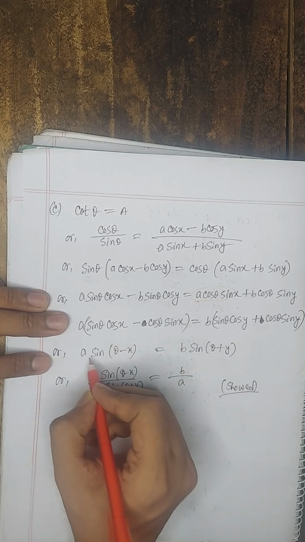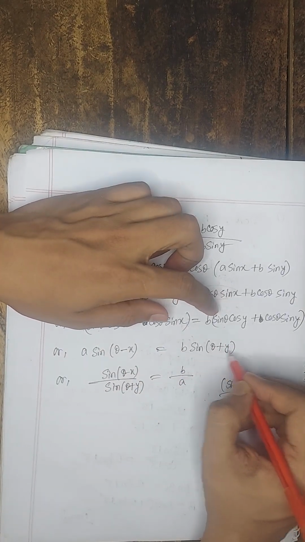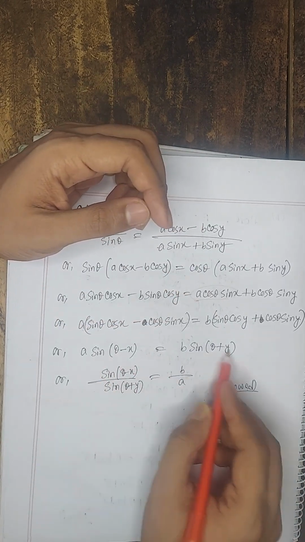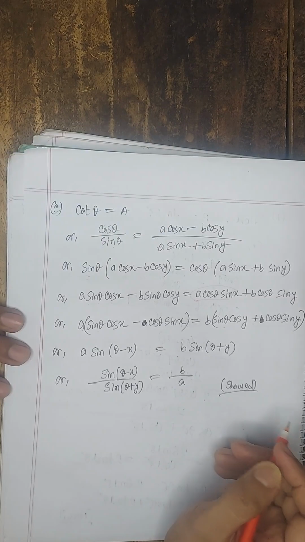From here we get a times sin(theta minus x), and from here we get b sin(theta plus y). From this line we get sin(theta minus x) divided by sin(theta plus y) is equal to b by a. Okay,